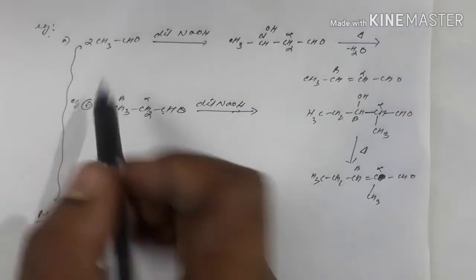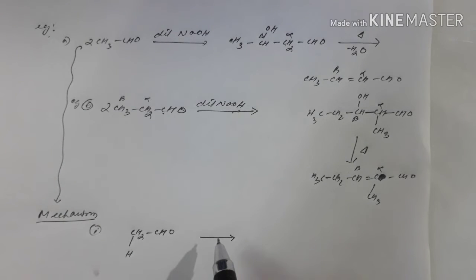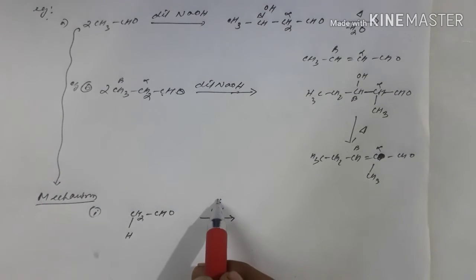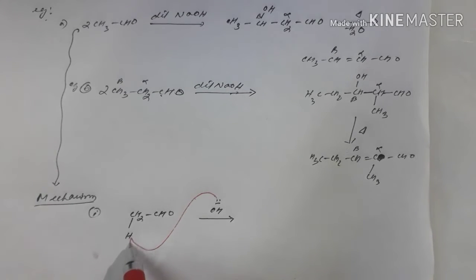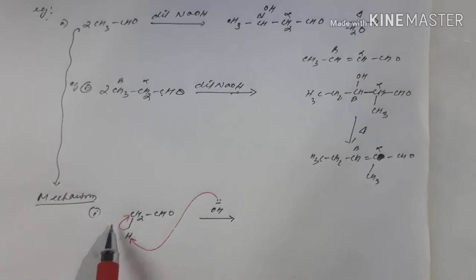As we're talking about base catalyst, the initial step is that, whatever aldehyde we are having, 1 mole of aldehyde will react with whatever base, and we know base gives us OH negative ion, right? So from the sodium hydroxide we were able to have OH negative ion. Now what happens is that, first of all, this OH negative ion will go and abstract the proton from the alpha hydrogen. Clear? And this will shift. Clear? So once it attacks the alpha hydrogen, the electron of the carbon will shift to the alpha carbon here.